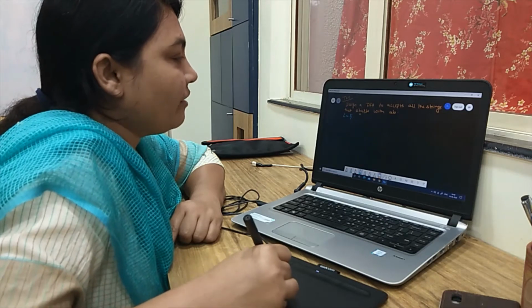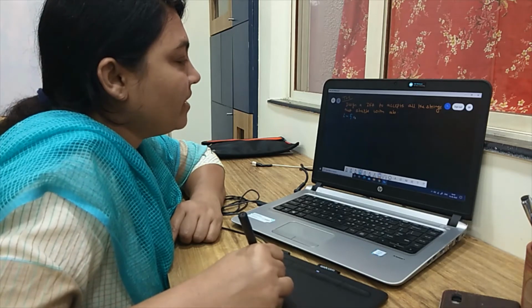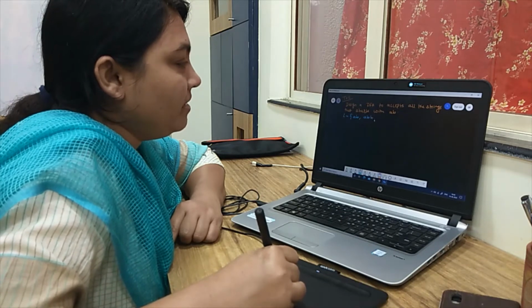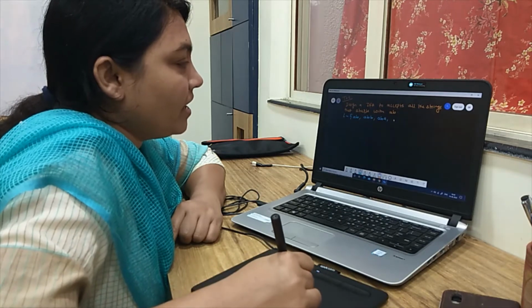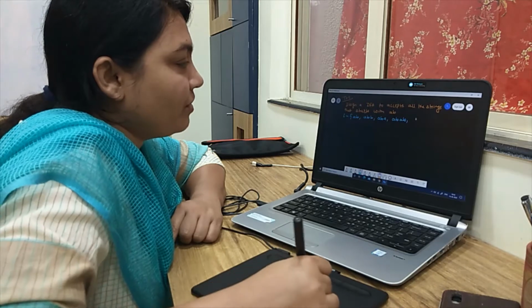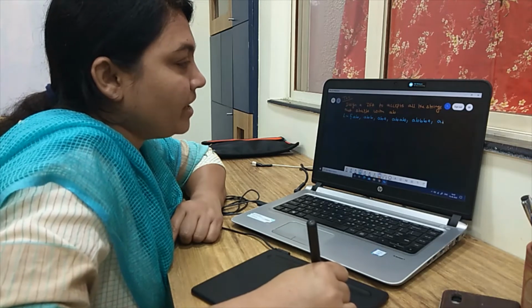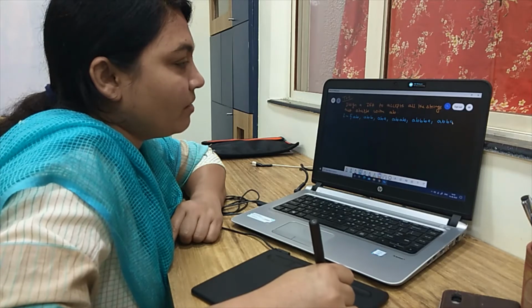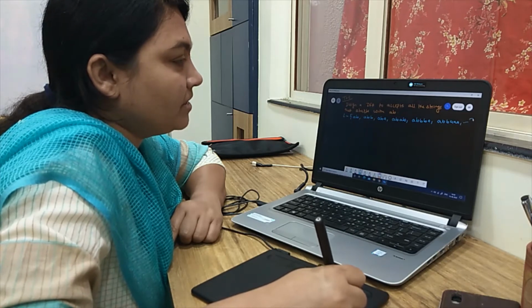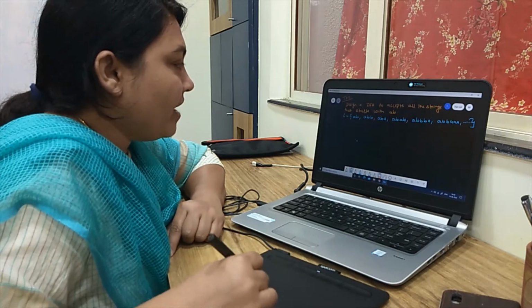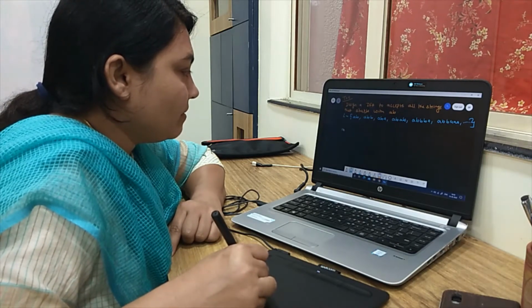list out strings in the language, and we start with the minimum length string, which is A comma B, AB. Then we can have ABB, we can have ABA, we can have AB and any combination of B's. We have to list out all the strings that start with AB, followed by any combination of A's and B's. So this is an infinite language.